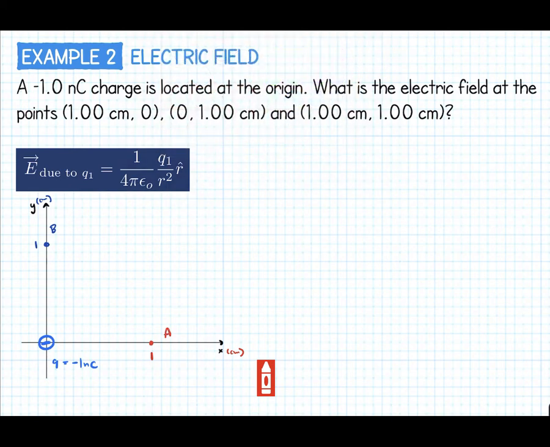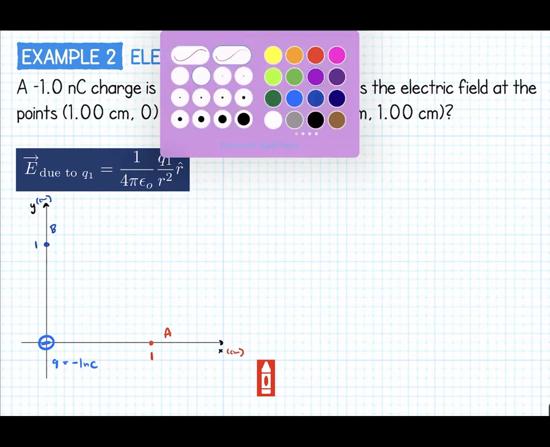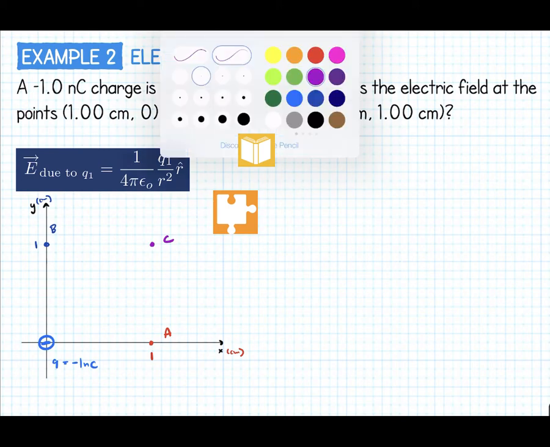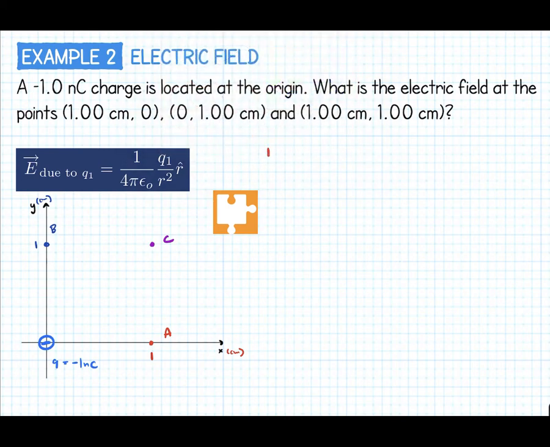It's point A. And then we also have one last point at point C, and that's at 1, 1. So here we have our 3 different points. And the key thing here is we're plugging into this equation. So we'll start out with point A. The electric field at point A is going to be equal to KQ over the distance from R to A squared. And then this is a vector, so we have to deal with this vector like this, okay?